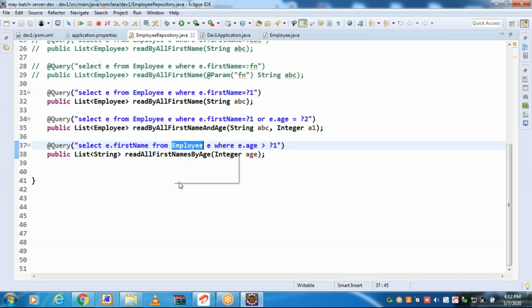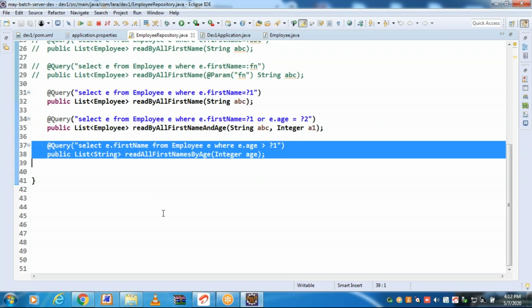In the JPA query language, you have to specify the entity class name and the attribute of the entity, not the table name, not the column name. This is fully JPA, please observe.